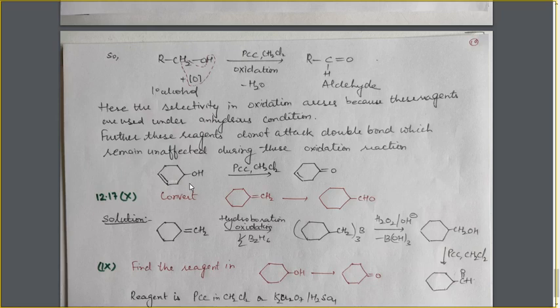That's why these reagents can be safely used also in the case of compounds which have a double bond. Just like I have written one compound here, an OH group is present here, and a double bond is also present. As this OH group is present on this carbon atom, which is further attached to 2 carbon atoms, it is a 2 degree alcohol, and on oxidation it will give us the ketone. If we use PCC, the double bond will remain unaffected, so the OH group will convert into the ketone. So the 2 degree alcohol is converted into ketone.